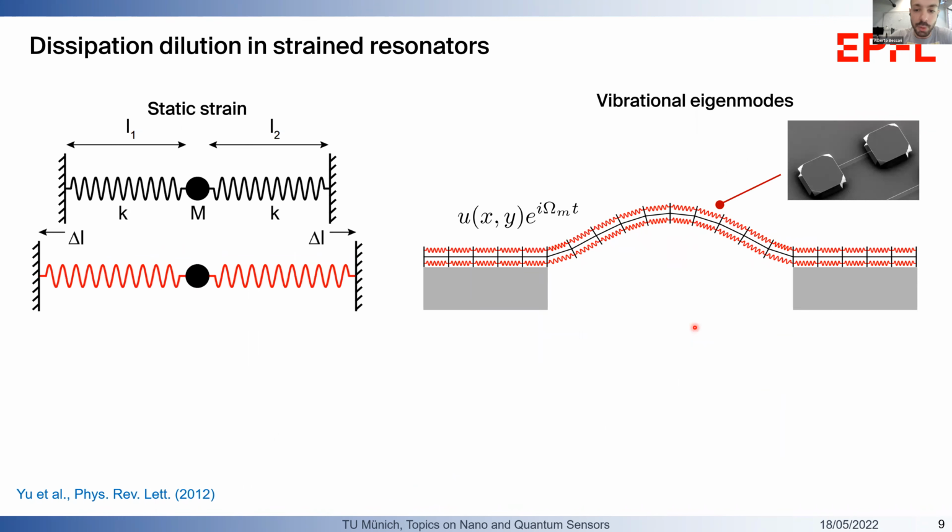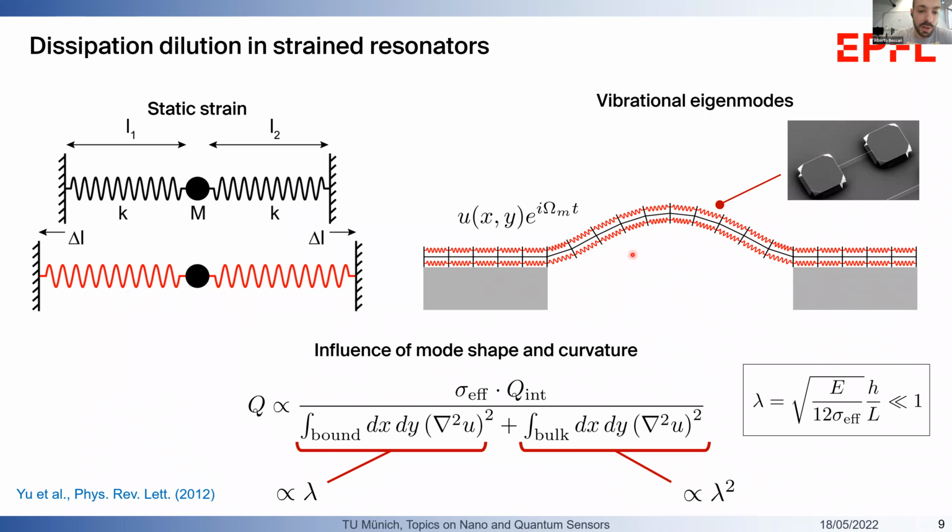So this was it for the idealized toy model, but we can also compute the dissipation dilution that we would expect in high aspect ratio nanostring or membrane devices, in nanomechanical oscillators. And it's no longer diverging in the limit of small oscillation amplitude, but it's finite. And specifically, it can be expressed by some simple expression like this, where the quality factor is proportional both to